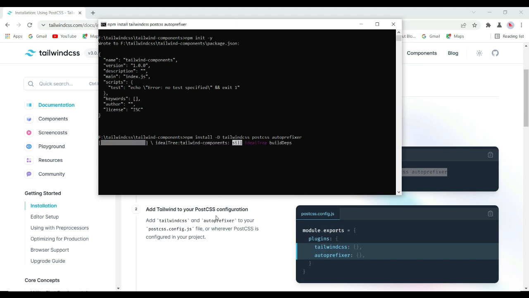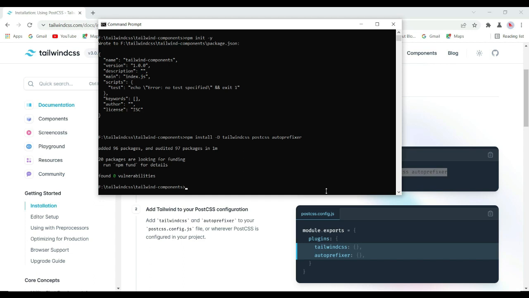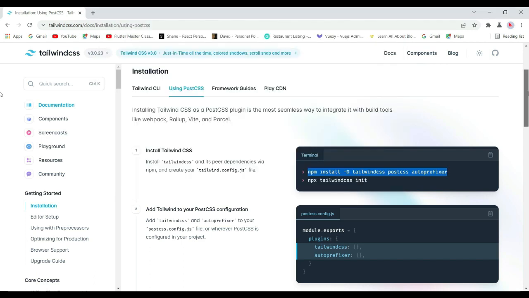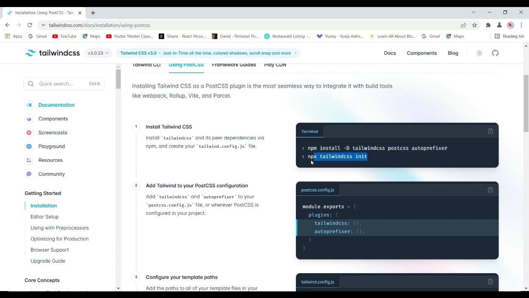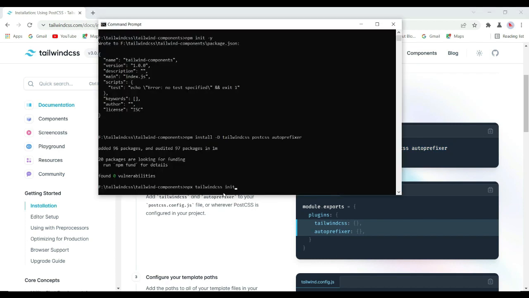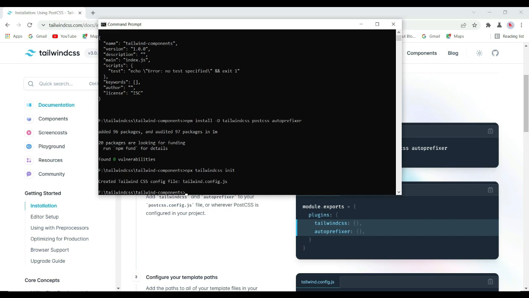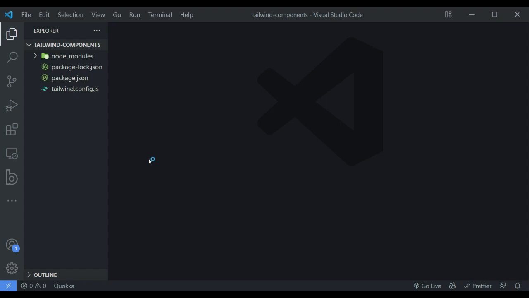So just wait a moment. Packages have installed. Now I am going to copy this command, paste it here, and now we have the tailwind.config.js file,